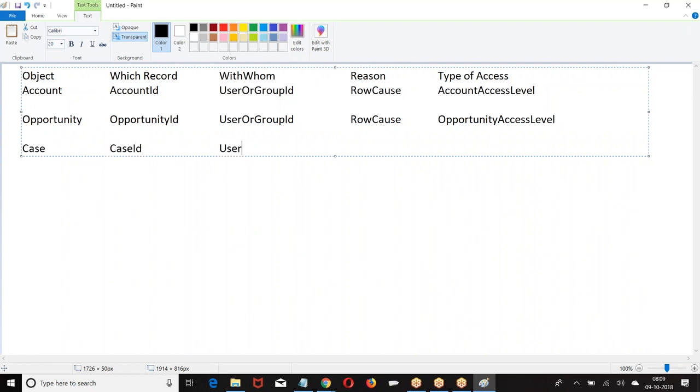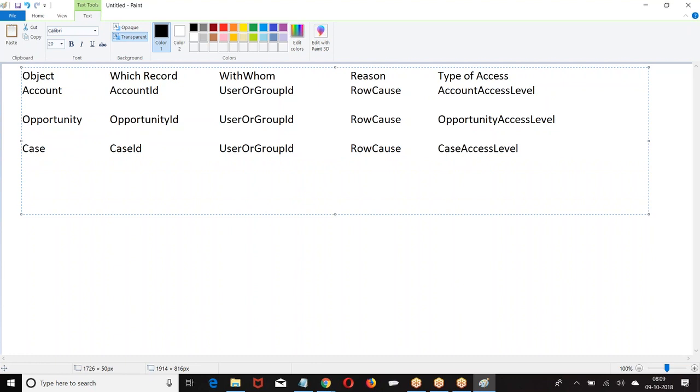Case ID, user or group ID. Now if you go with the custom objects, customer. If it is a customer, which record do you want to share? I'll give it as parent ID. With whom do you want to share? User or group. Reason for sharing? Row cause. Type of access.